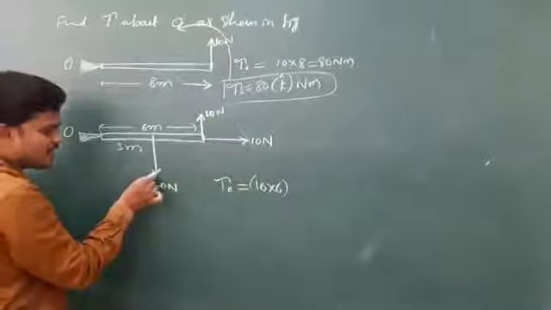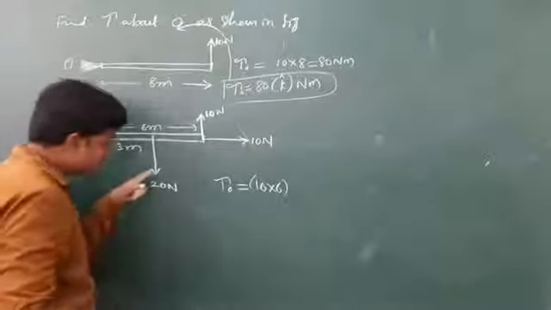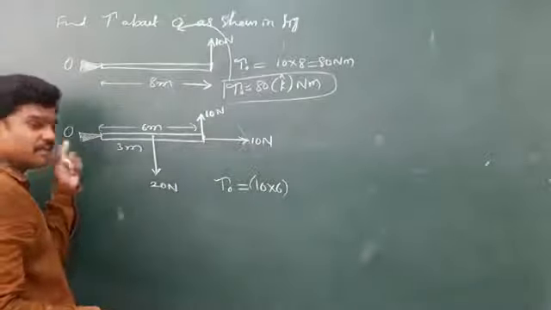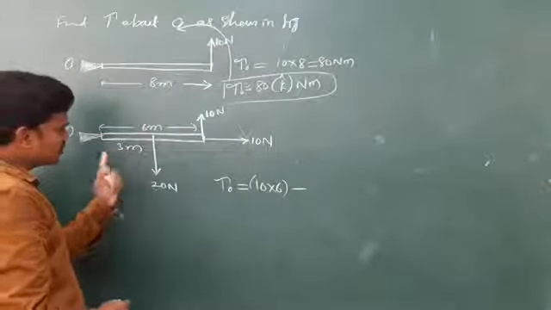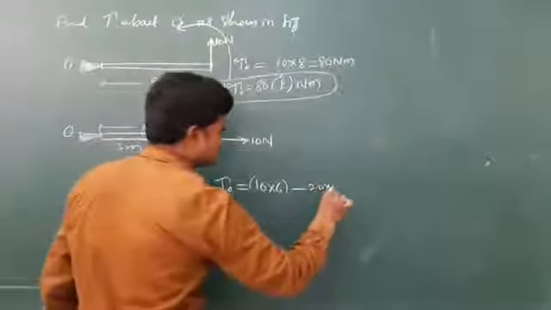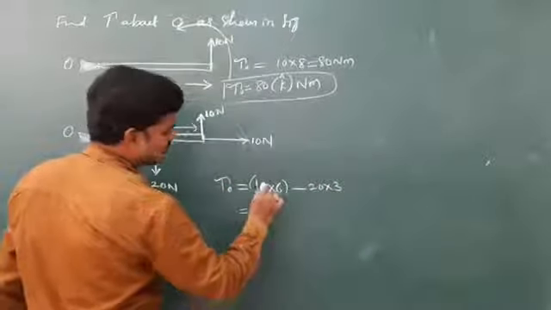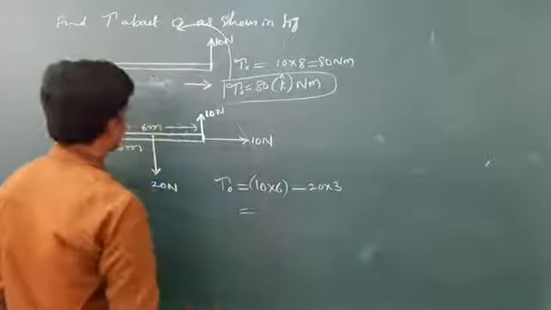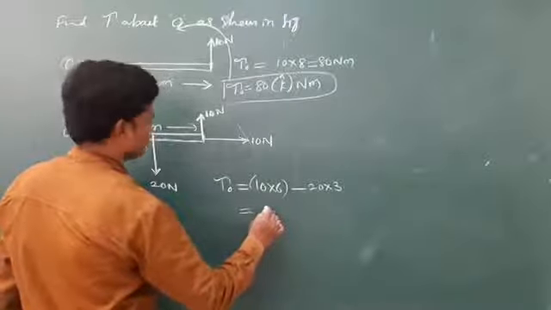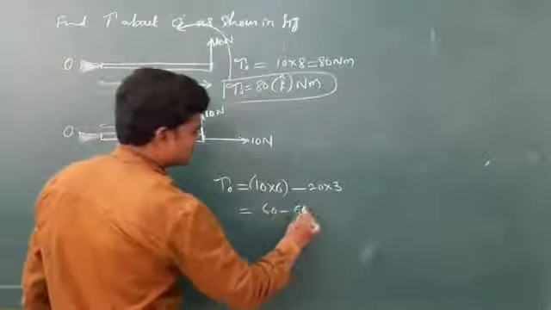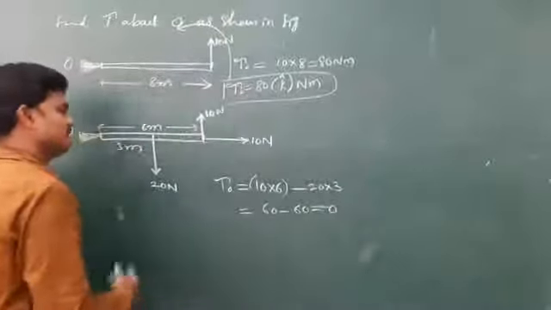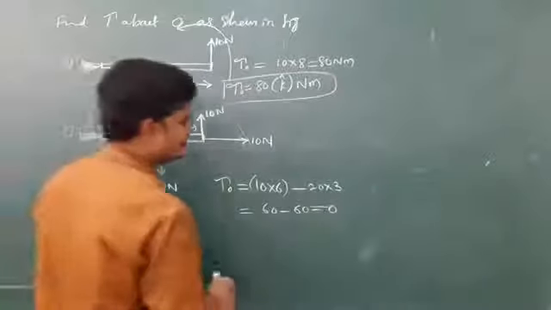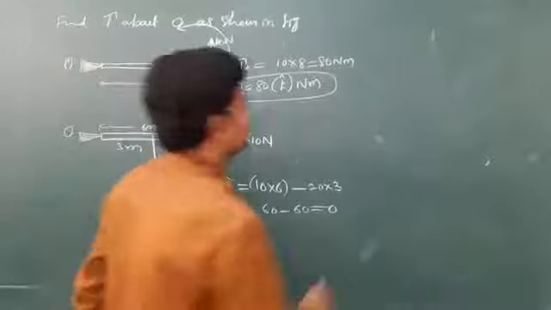Coming to this, the arrow tip is downside, and this point is right side. Right means minus. So minus 20 into the gap, 3. How much are you getting? Zero torque. 10 into 6 is 60, and 60 minus 60, so there is no torque. Change the values and you will get it. This is the example for zero torque, so there is no issue.